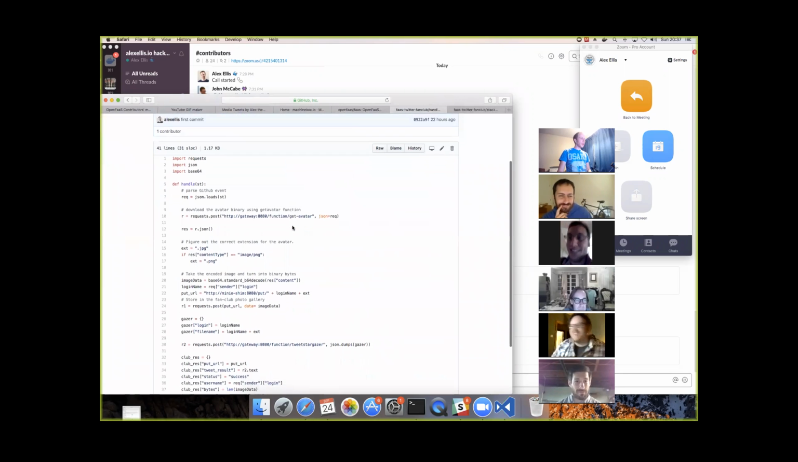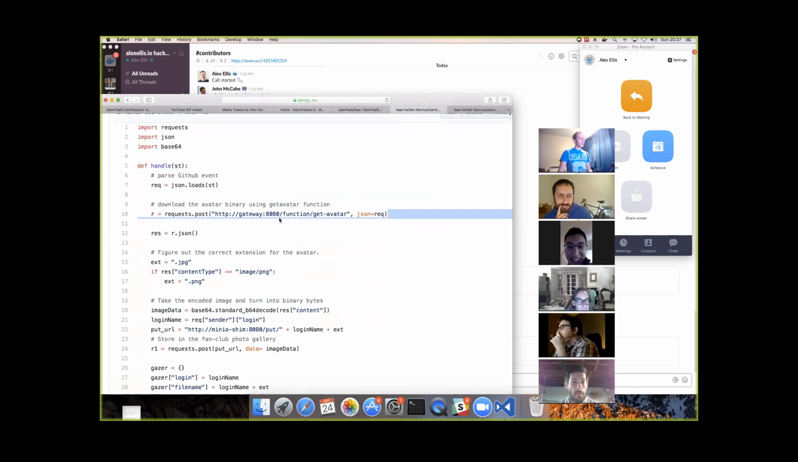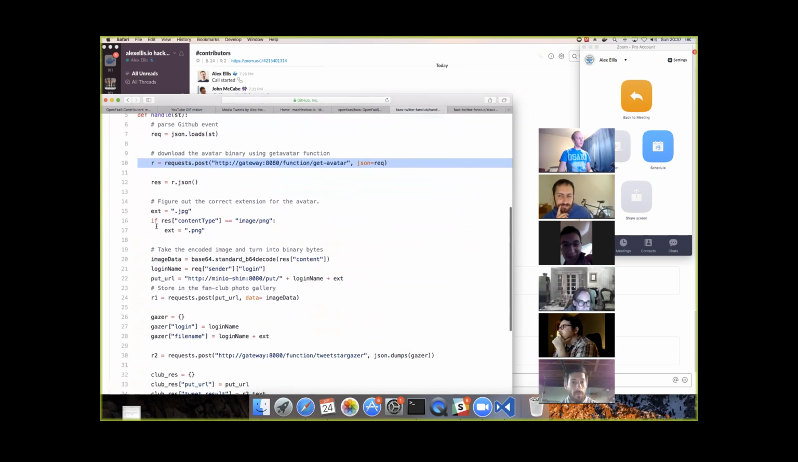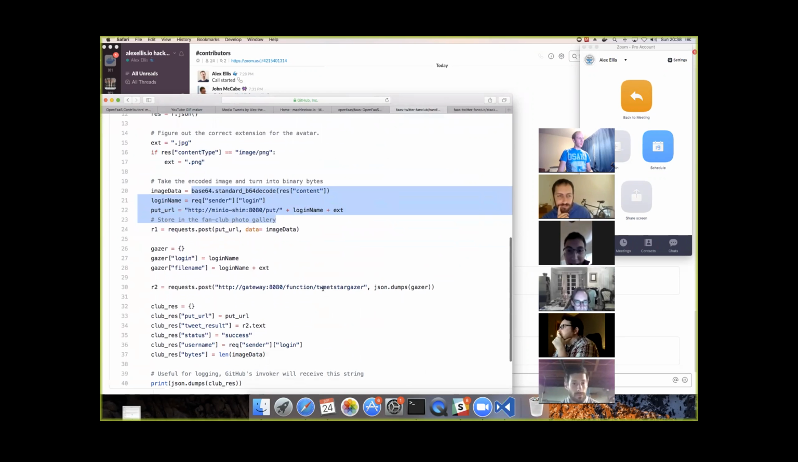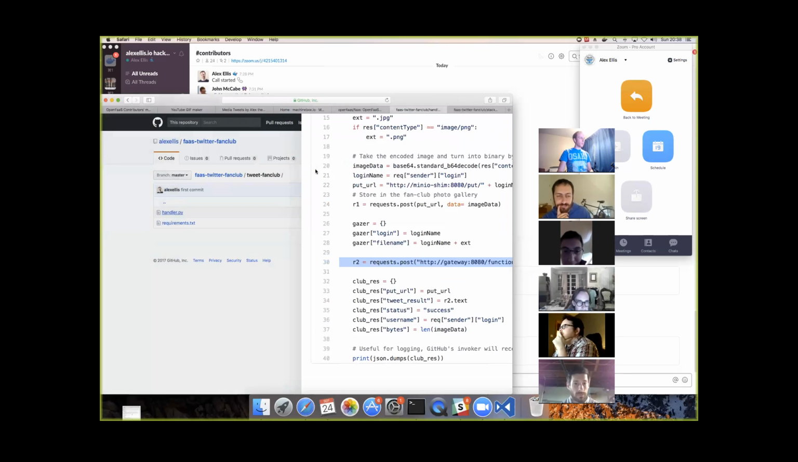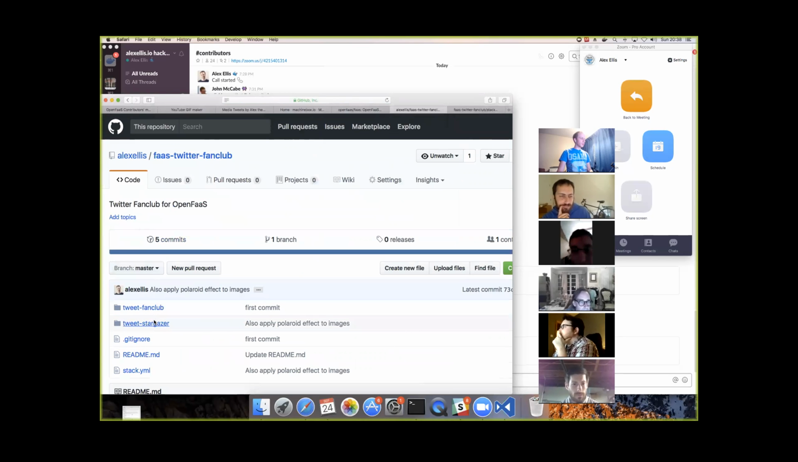So here's what it looks like. Basically, the GitHub code comes in here. We then post off to the getAvatar function that returns literally the binary of your image and what the extension type is. Then write it into Minio, and we call the tweetgazer function, which gives you the login name and the file name. Tweetgazer, which is that one,